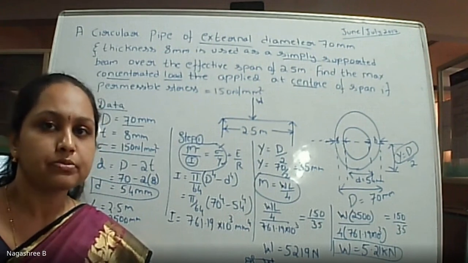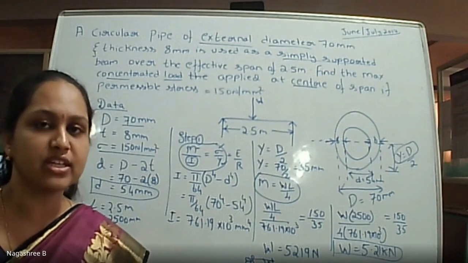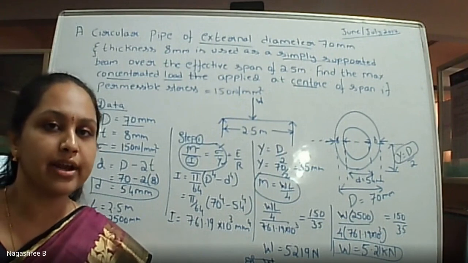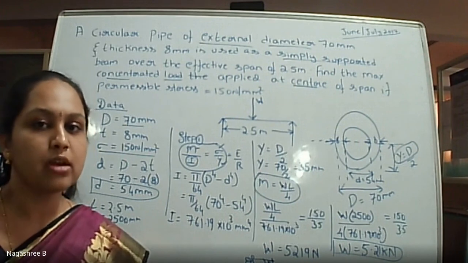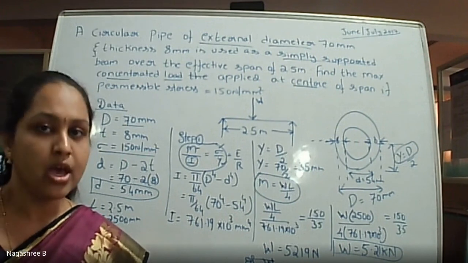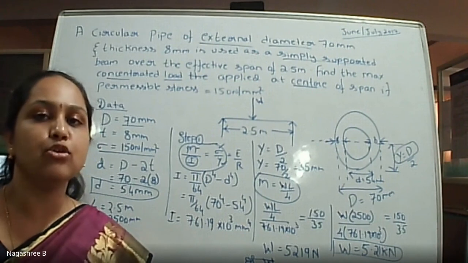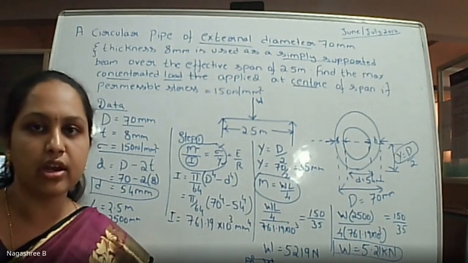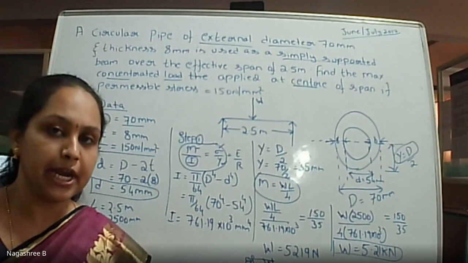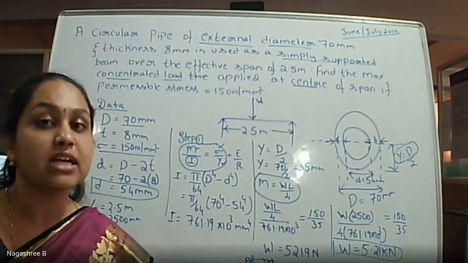Based on that, whenever it has been given as an I section or a T section or any such sections, you need to calculate using the different formula. Based on the end condition, you need to check the value of I and the value of M, and if it is given with the permissible stress, you need to apply that permissible stress to get the final value of W, that is the concentrated load. Or whenever a UDL is given, it will be WL square by 8, as in the case of a simply supported beam subjected to entire UDL, the maximum bending moment.